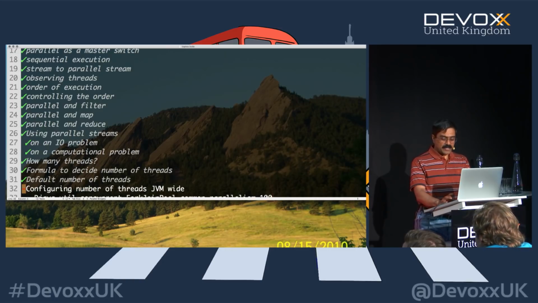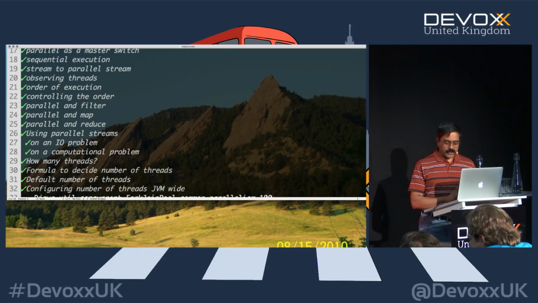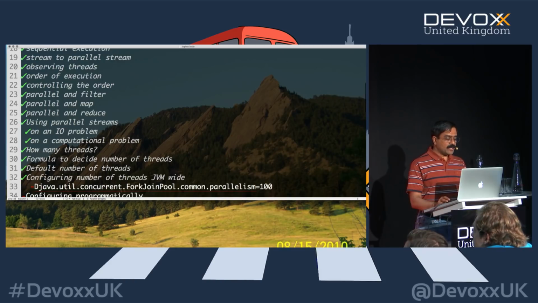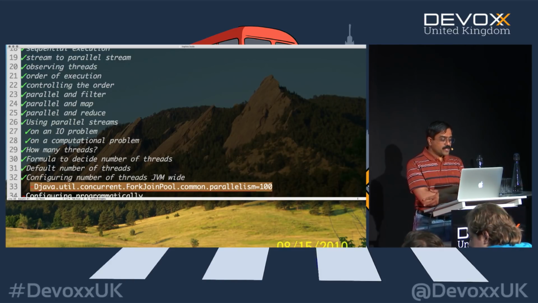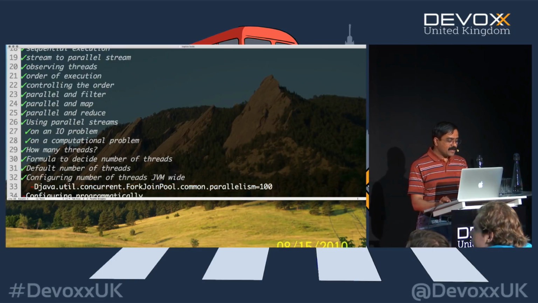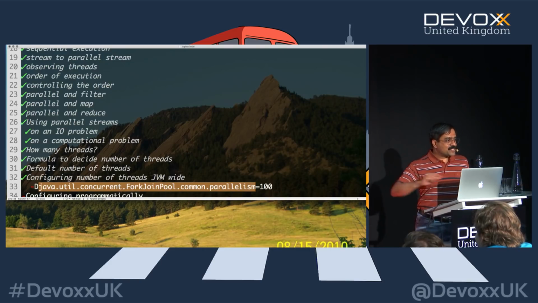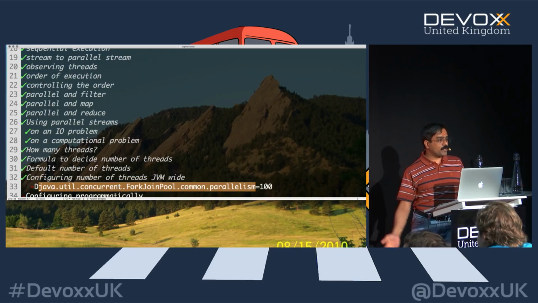Then the question is, how do I configure this to modify it? Good news and bad news. Let me give you the good news, and I'll give you the bad news after that. The good news is you can configure this at the JVM level by using this flag. It's called the java.util.concurrent.ForkJoinPool.common.parallelism. I love this flag. Finally, something larger than my name. So that's a configuration property you can specify to change the parallelism, meaning you want to have more threads in your parallel stream.